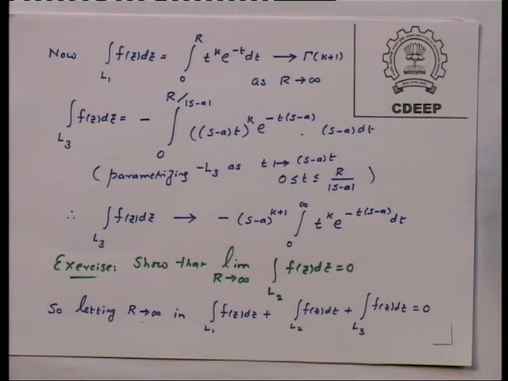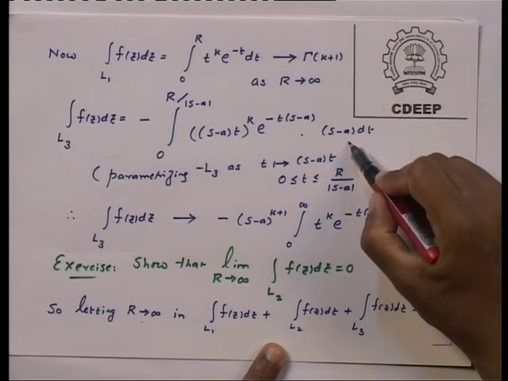And now I am going to allow r to tend to infinity, and the minus sign of course remains. The s minus a to the power k plus 1 comes out, and where did this s minus a come from? z is t into s minus a, so dz is dt into s minus a, that is where this extra